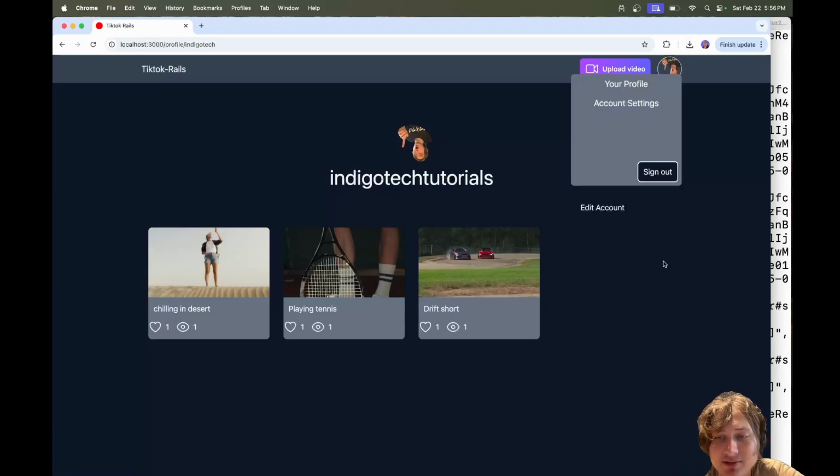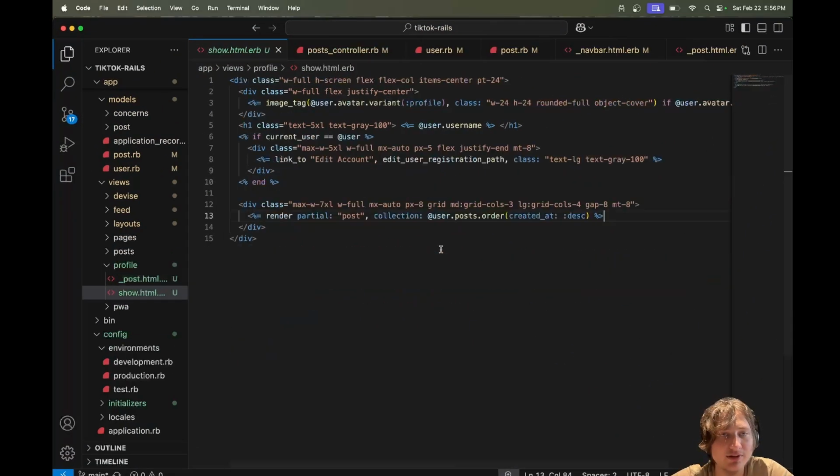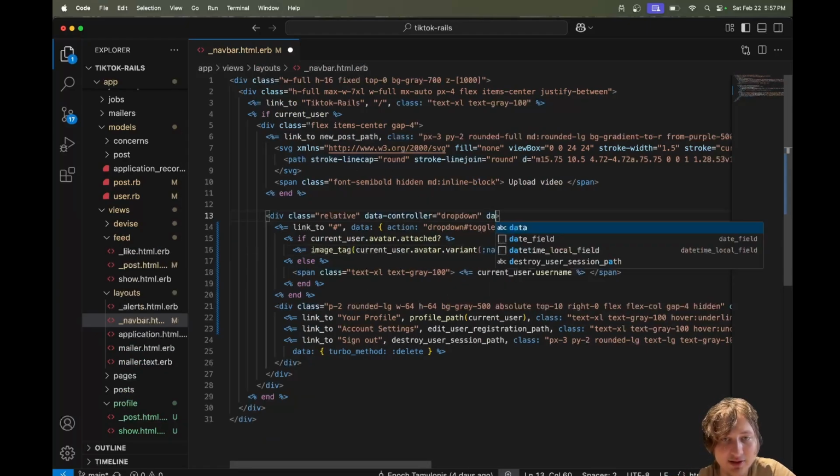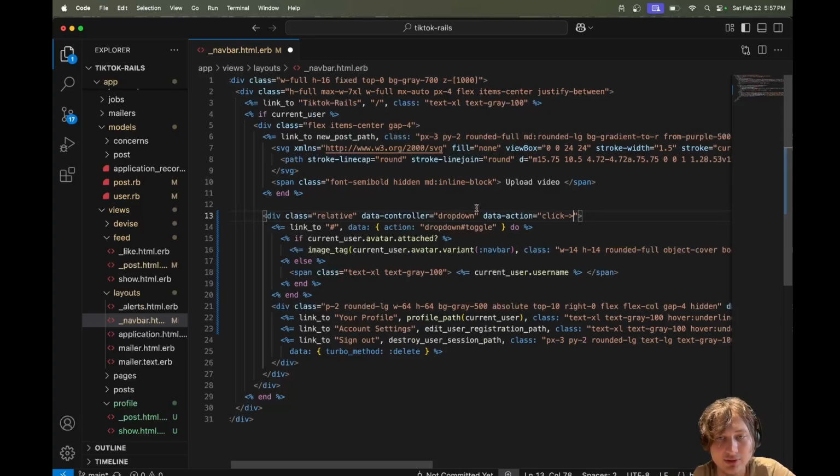When I click the drop down and try to click anywhere else, it should close the drop down. That's one small thing that I always do. And to do this, we have to go back to our navbar. Let's figure out where the drop down controller is right here. I'm going to have a new data action where we'll do click. Actually, we're going to scope it to the window. So click at window is going to go to drop down, and then the action is going to be close